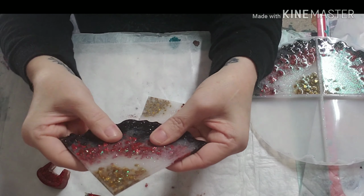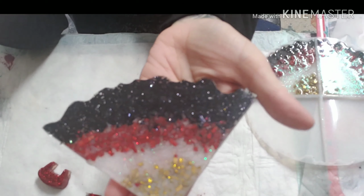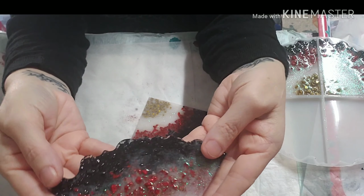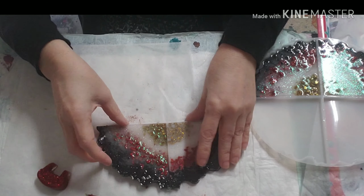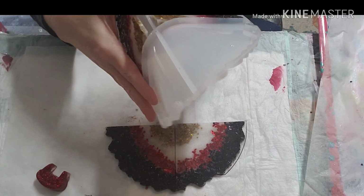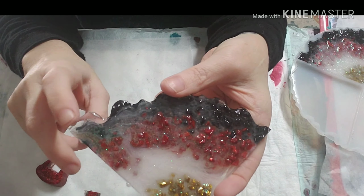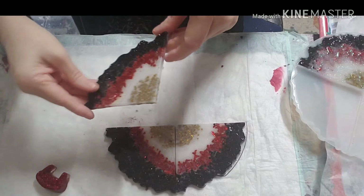And they are still kind of soft, but it hasn't been a full 24 hours either. And look how sparkly that is, adding that glitter to the gems, or the glass. So there is the second piece. And it will actually go like that. And after I show you this, I will put them back in the mold, just because, like I said, it hasn't been 24 hours. Again, I'll have to go through and clean up the edges, but I think they turned out